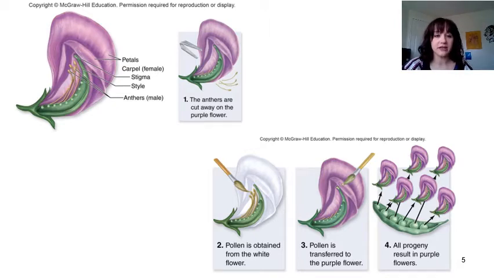And so in order to prevent self-fertilization, scientists would just cut off the anthers. So they remove the male portion where the pollen is from that plant, and now it's much easier to cross-fertilize. And to cross-fertilize, all scientists have to do is take a brush to pick up some pollen from one flower and then put it onto the stigma of the other flower that they want to fertilize. Then they take those resulting pea plants and plant those resulting peas, and look to see what the properties are of the plants that grow